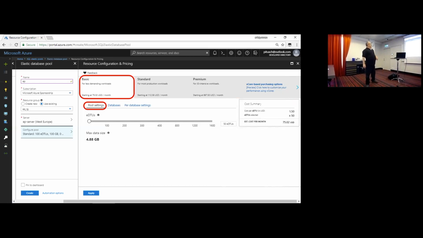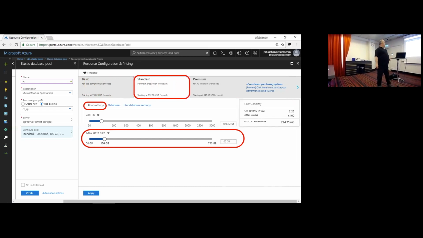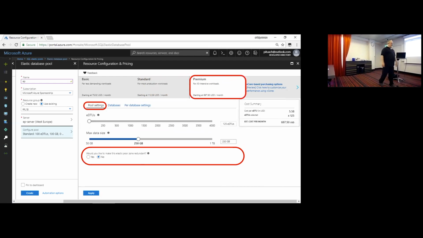If we go to the standard option, then we will get another option to configure the maximum data size. Again, the maximum data for all the databases together. And if we go to the premium, we get a very cool new option.